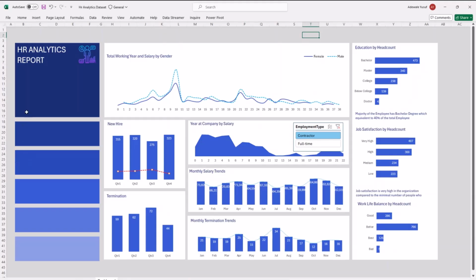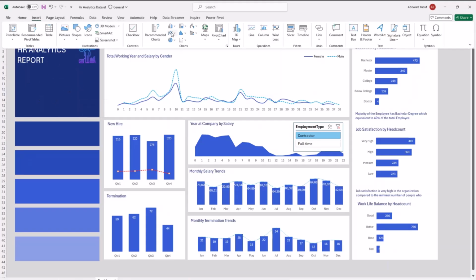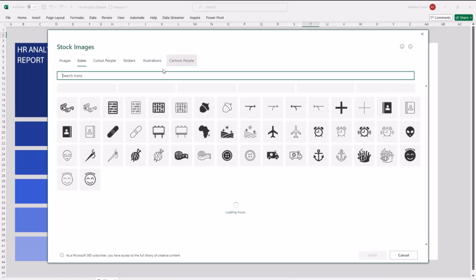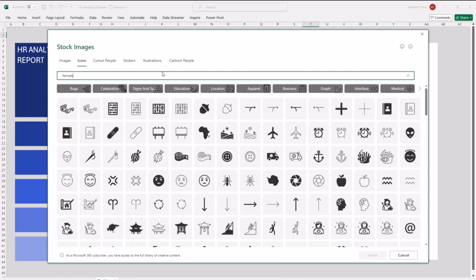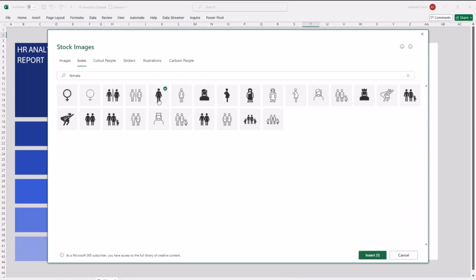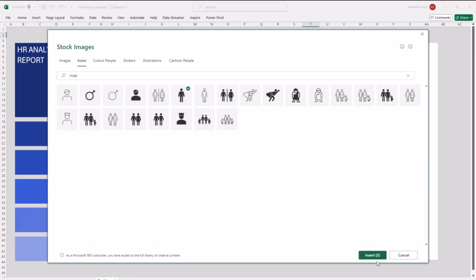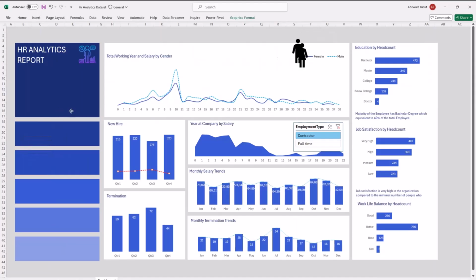So the next thing to create is to use all of this one. What I want to use it for is quite simple and really easy. I want to put my gender here. But to do that, I think I should just go to my icon and look for an icon of a female and a male, right? So let me just say female. I think this looks like a female. And then let's look for male. And this looks like a male. I'm using the same design, so it makes sense, right?